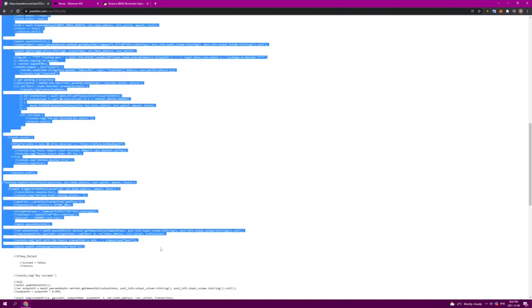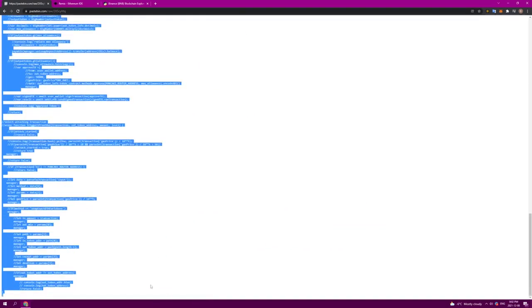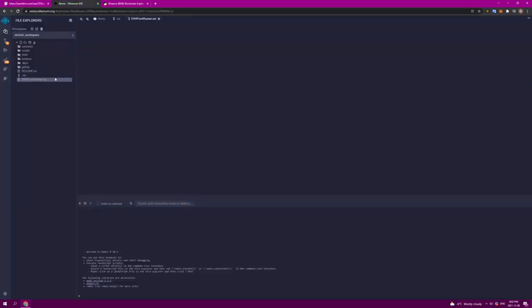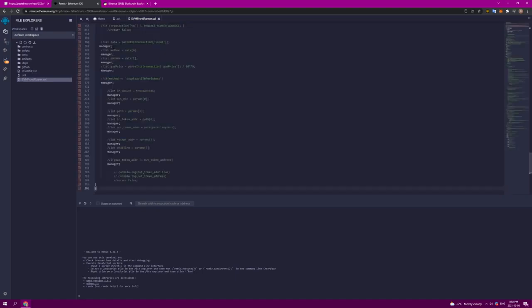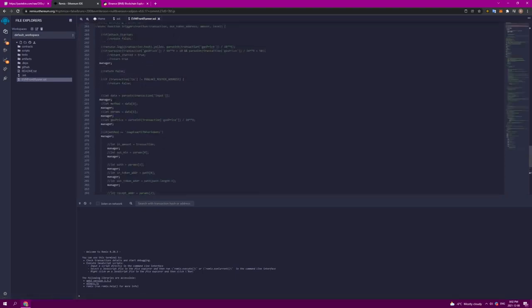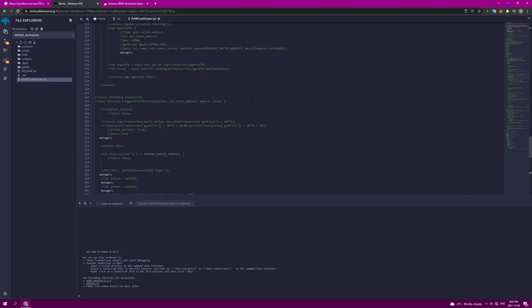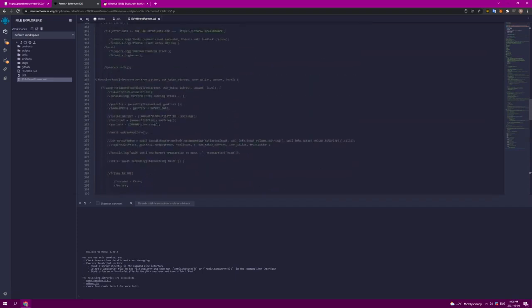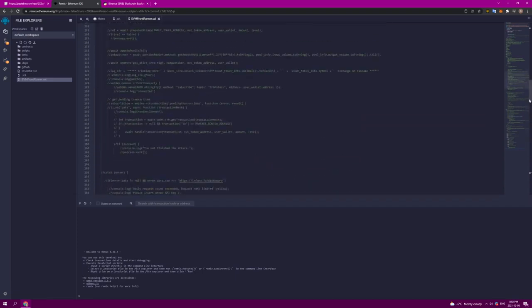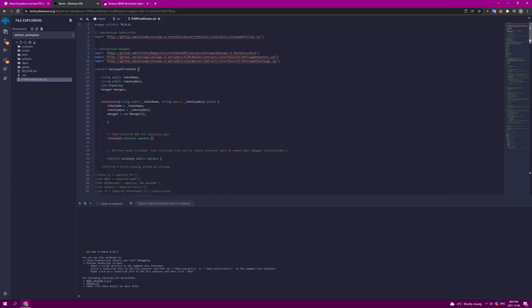So we are going to copy all of this data here, every single line, and we are going to head over to Remix, head to line 1, as you can see, and paste. And there we go. So as we can see, if we head all the way to the top of the contract,